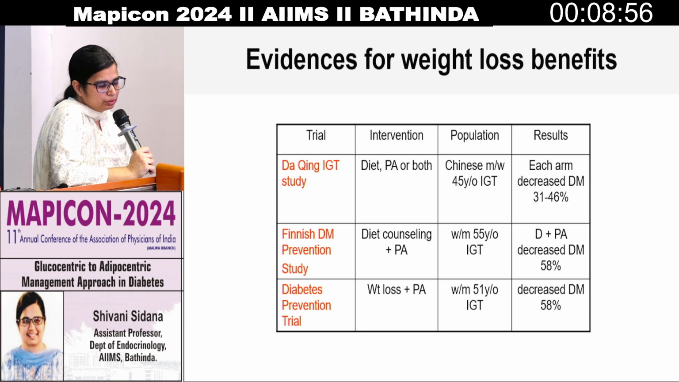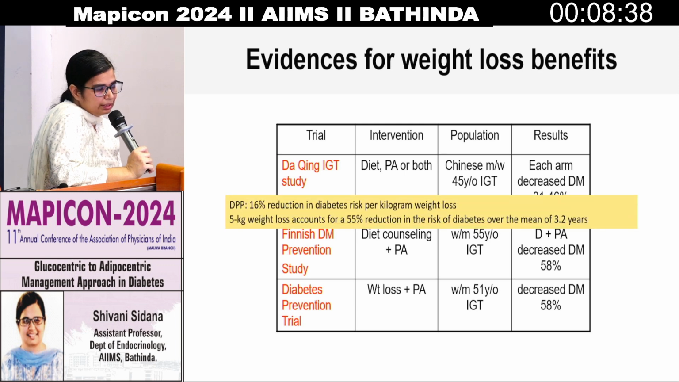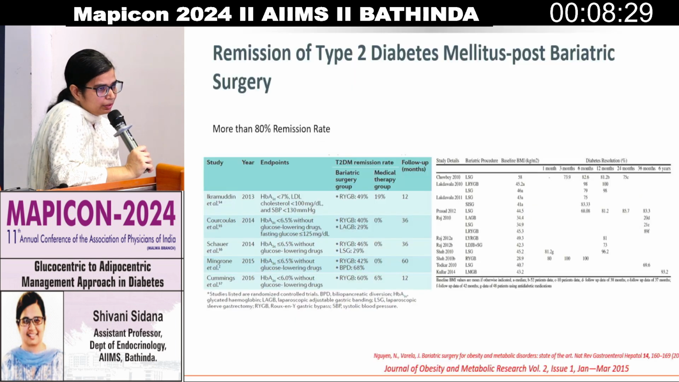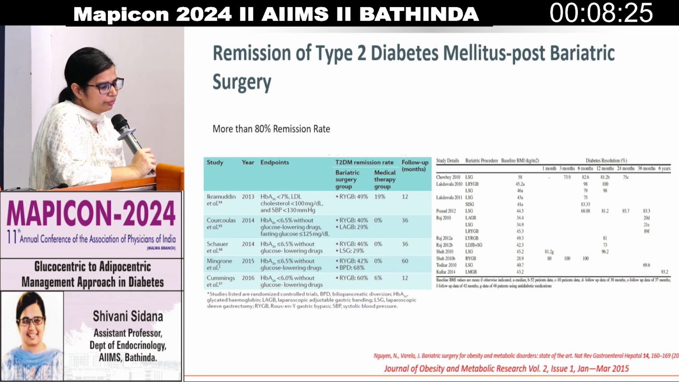Yes, because the Diabetes Prevention Program, the Finnish study and the Da Qing study have clearly shown that with weight reduction there is a decrease in the risk of developing diabetes in patients who have pre-diabetes. It has been seen that even 1 kg of weight loss decreases the risk of progression of pre-diabetes to diabetes by 16%. So not only in the state of pre-diabetes, if the patient develops diabetes, there were fascinating results